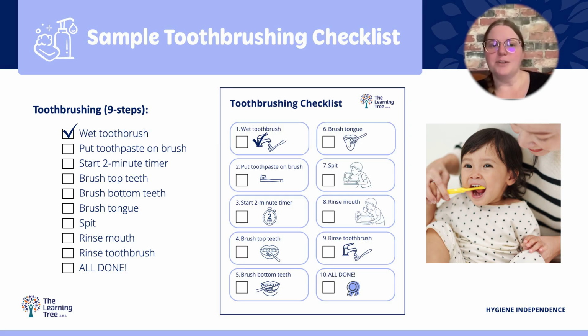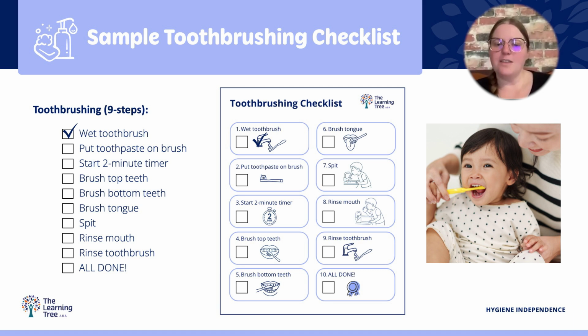Here is an example of our toothbrushing checklist. In this example, we have 9 steps that we can go through, pointing to them as the child does the routine. In this example, we have our check marks. So first we're going to wet our toothbrush. We are going to put toothpaste on the brush. We're going to start a 2-minute timer,